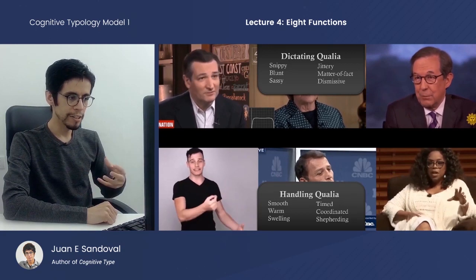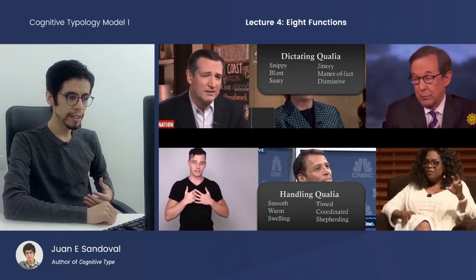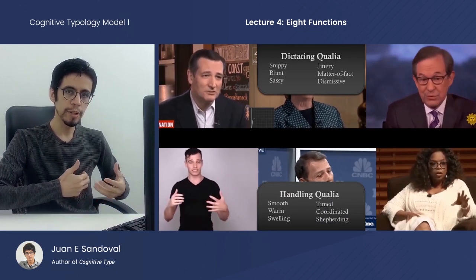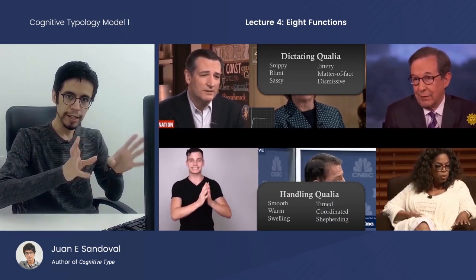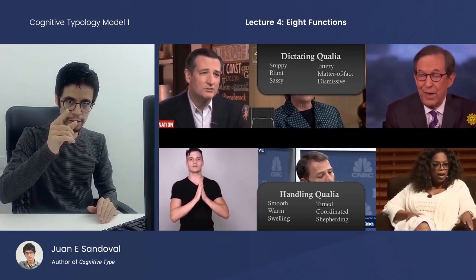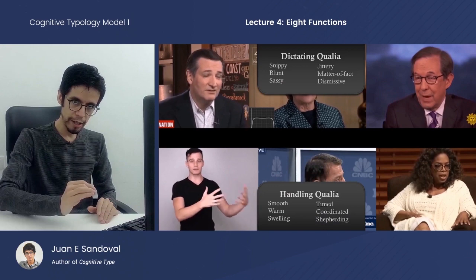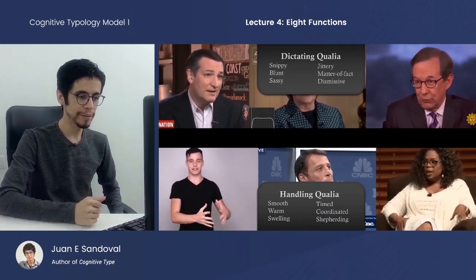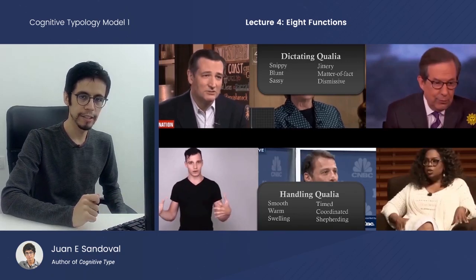Whereas with the handling Vultology, there were JE gesticulations, but they handled you through it. In other words, they moved you along with them, shaped you like clay, handling your emotional experience and making sure that your attention is connected to the beats of their hands, because they want you to really integrate what they're saying at an emotional level. And that's why I use the word handling for this style.